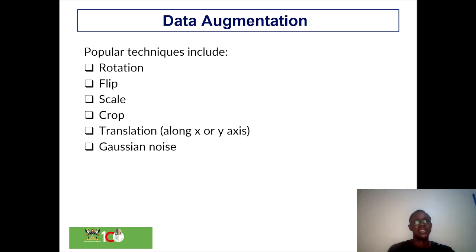So some of the most popular techniques we have with data augmentation include rotation. So you can have an image and then you rotate it to get a variant, then you can flip it or scale it, like zoom in a bit, or crop it, just getting a section within the image, or translating it along the X or Y axis by moving it, and then lastly by adding Gaussian noise. So there are way more techniques of data augmentation, but for the purposes of this presentation, this is what